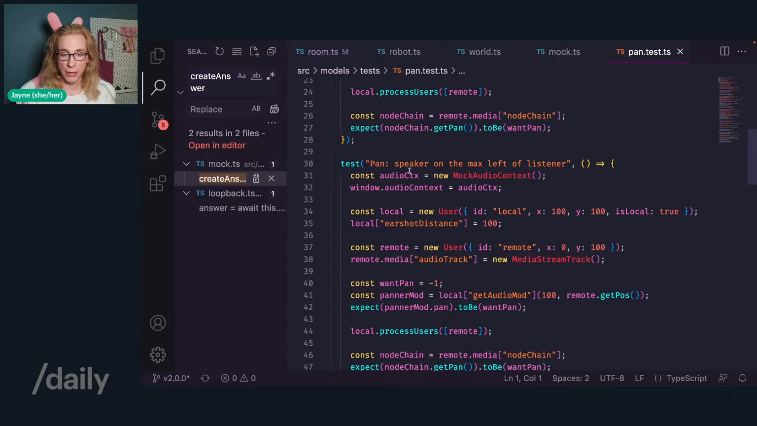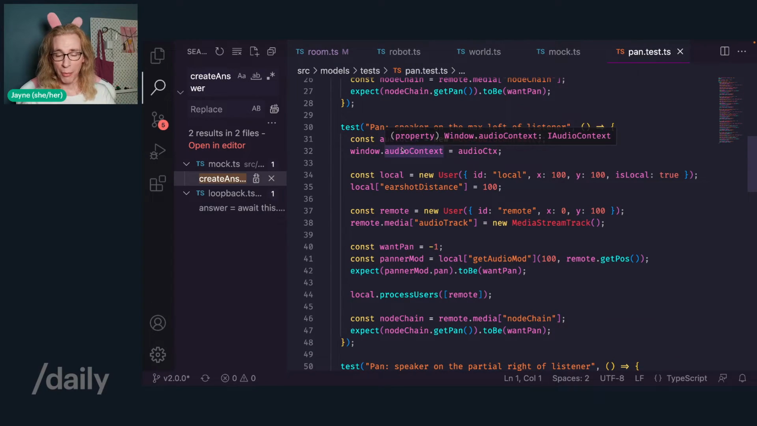Okay, so in case you've missed it, we have a panning, so you know when a user is either to the left of you or to the right of you. Am I doing this right? Yes. To the left of you, to the right of you. I know the difference between left and right, it's just I don't know how you see me. I'm not sure if I'm mirrored, but either to the left or to the right of you. And we want to see if we can